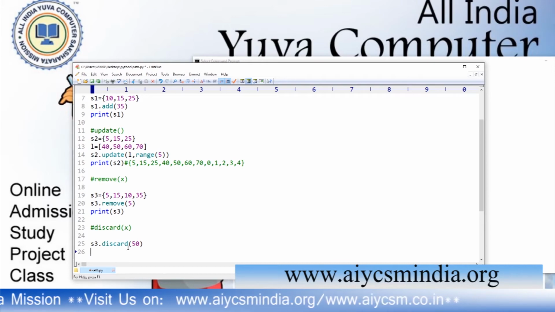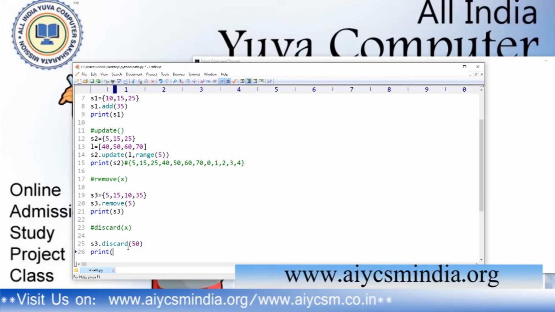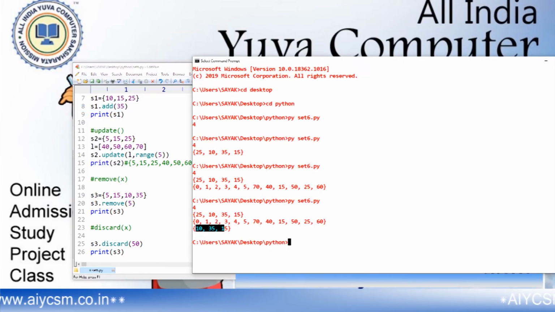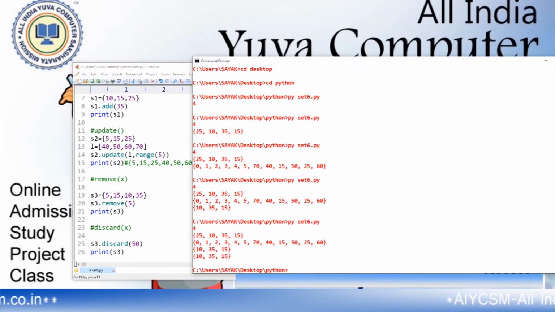Now if you print the value, it will print the same value that is stored within this set. Run it, you will see it prints, and it doesn't raise any error. This is the difference between remove and discard.